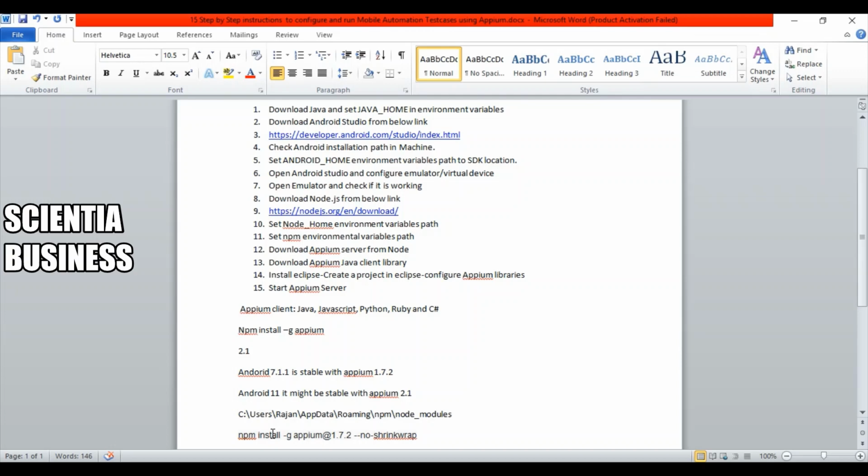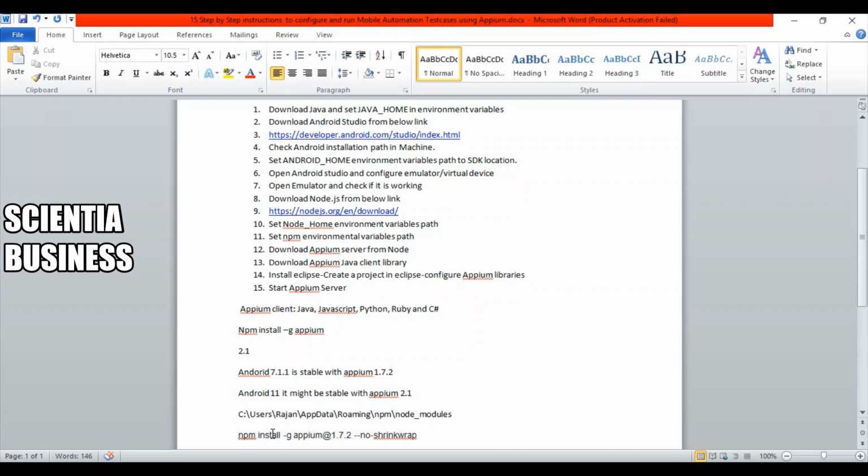We will come across this scenario only when we find that this particular version of APM is giving us some defects. I mean, there are some defects in this build. You will get to know about the defects or the bugs when you are automating your test cases. Certain functions or certain statements will not work, although we have written them correctly, since those are compatible with the previous version of APM and Android. So in that case, we need to shift towards the previous version so that we find everything stable.